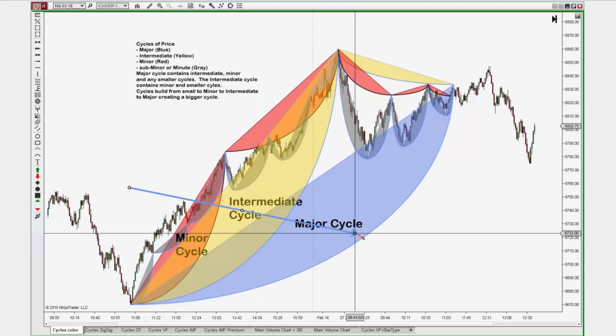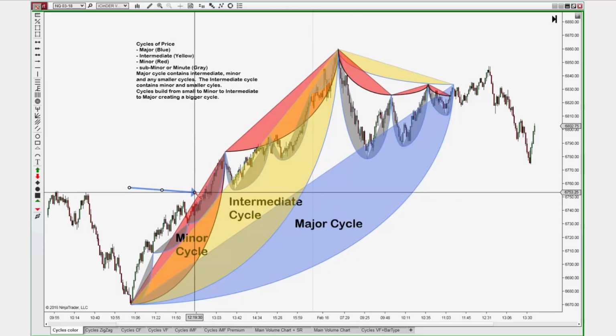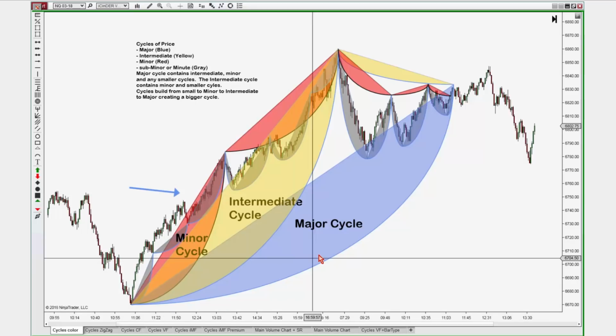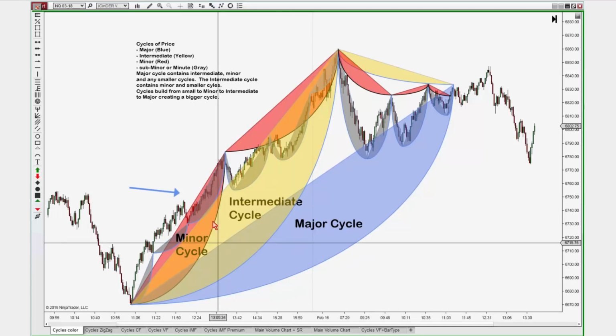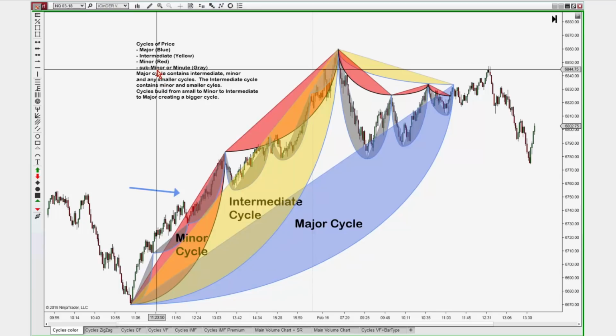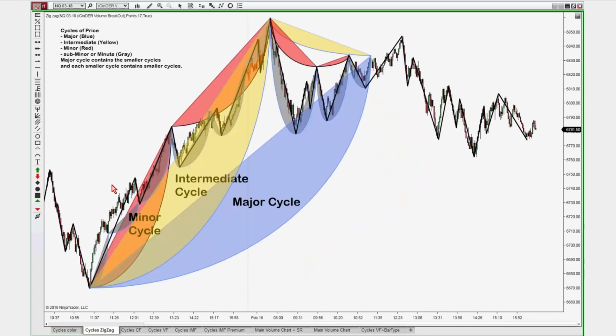So in essence, let's make an assessment of this. What does a major cycle have? A major cycle, in essence, holds an intermediate, a minor, and it may contain sub-minor or minute cycles within it. One way you can actually play this, and this is part of what is provided with the software,